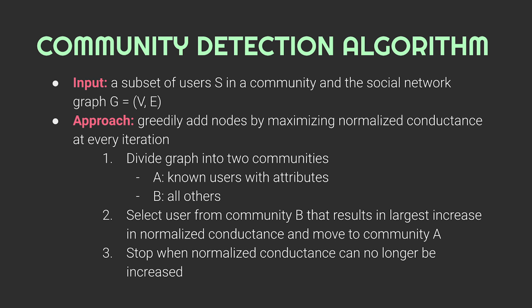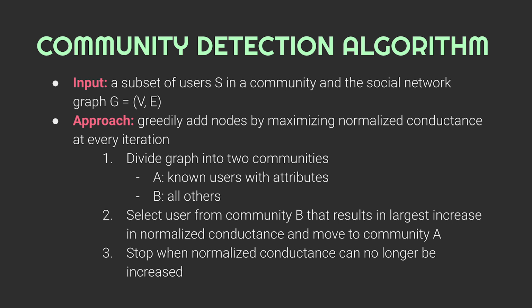The algorithm for community detection takes in a subset of users S in a community and the social network graph G. We greedily add nodes by maximizing normalized conductance at every iteration. First, divide the graph into two components, A with known members of the community and B everyone else. Then, select the user from community B that results in the highest increase in normalized conductance C for A, and